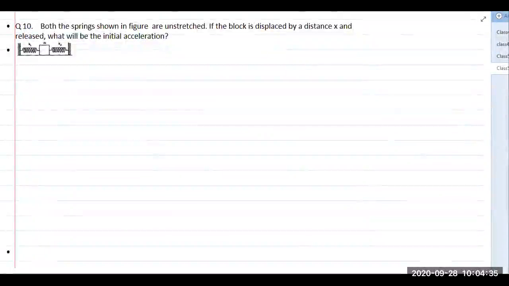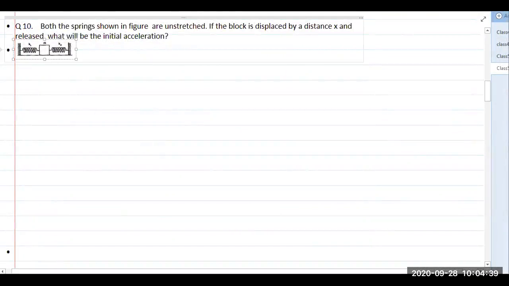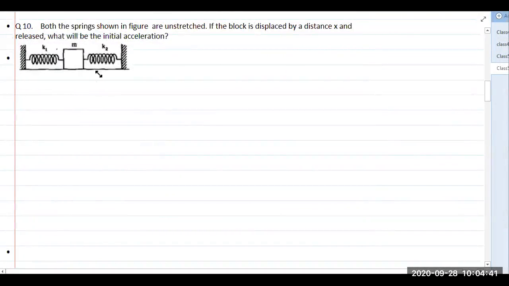The question is, we have two springs and their spring constants are given, K1 and K2, and a mass M is attached to them. If the block is displaced by distance x and released, what will be the initial acceleration? Okay, so see, in this case, if you displace the block in the rightward direction,